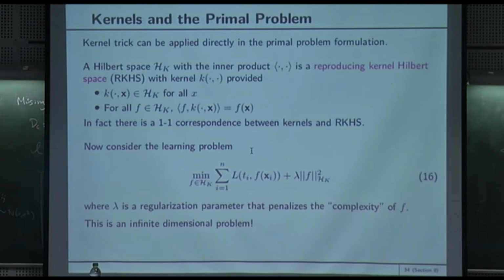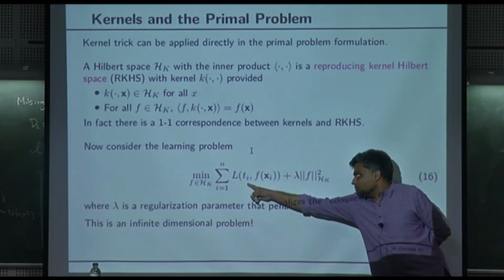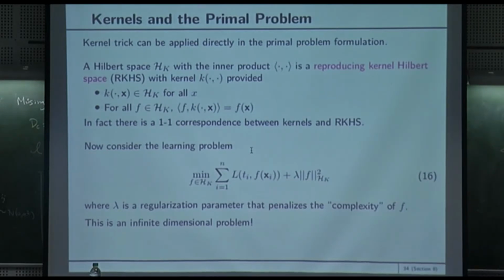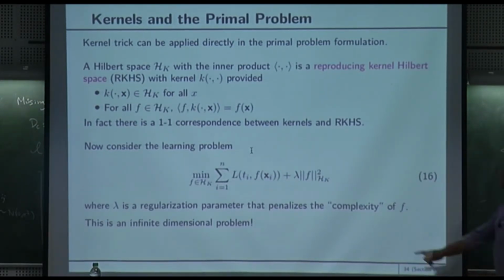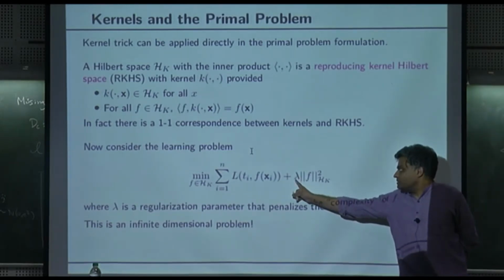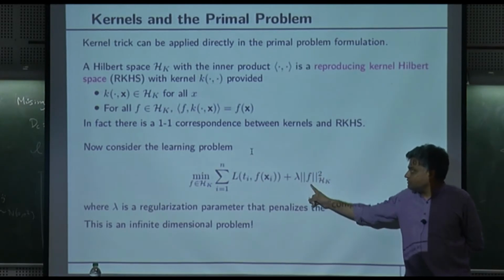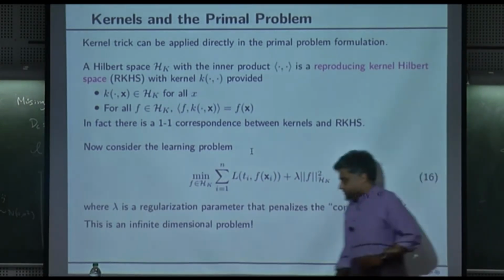So I have a loss function that depends on the target. Let's say it's a classification problem, so it depends on the target plus 1 or minus 1, some function of xi, which is the function that we are looking at, plus some parameter lambda times the norm of this function. What I want you to think about in parallel, I will write it on this side,